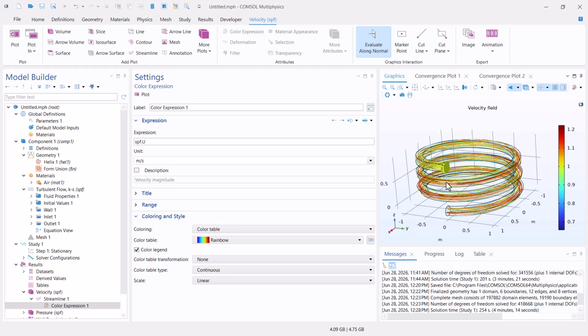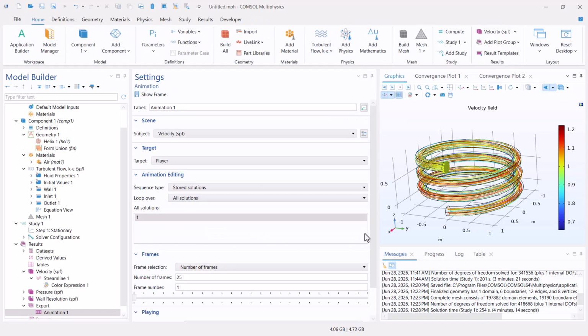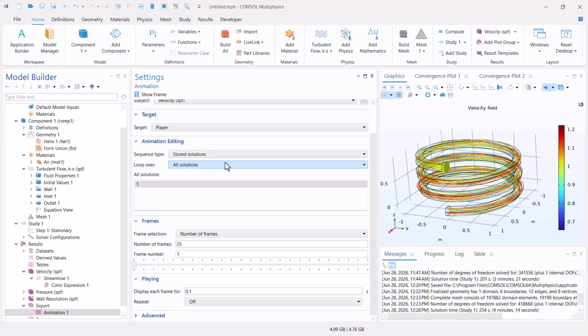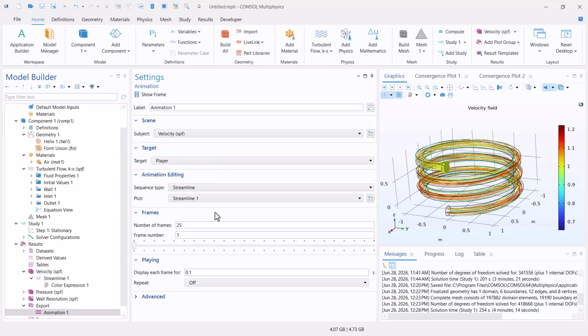But also we can check the phase of the flow. So here we can check, for example, we can use animation here. But here we can use a streamline. And here we can